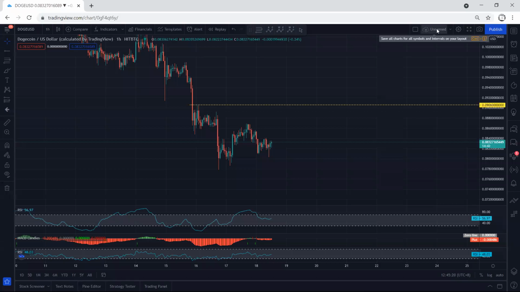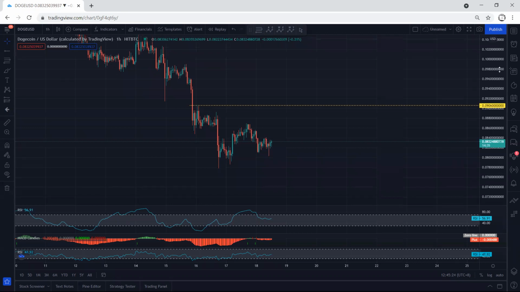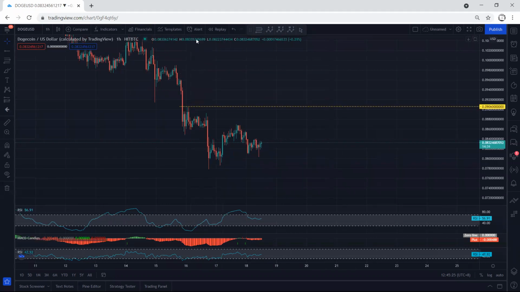We start with the 1 hour chart. You want to see how we can look for a trade. First of all, we are analyzing the chart based on HITBTC. As we know, the price on HITBTC is much lower than on the other exchanges. And if we refer to our analysis, we mentioned that if we want to look for a trade, the only way is to put our entry above this top, which is around